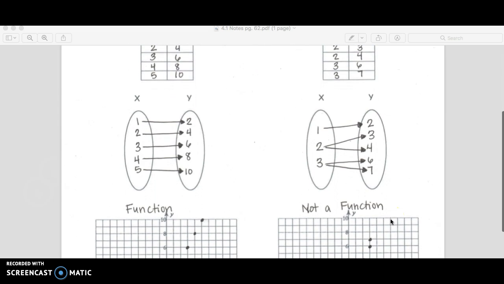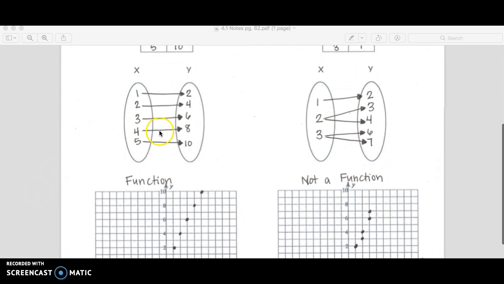And if we look at what's called a mapping, we can see that we have one x value here, the 1, and we'll get out a 2. The 2 to a 4, the 3 to a 6, and so on. And over here with this same table of values in a mapping, we can see that if we put in 1, we get out 2. If we put in 2, we get out 3 and 4. This would not be a function because